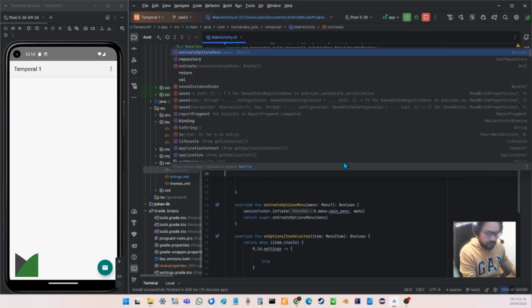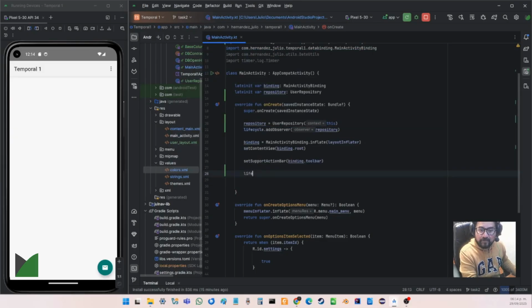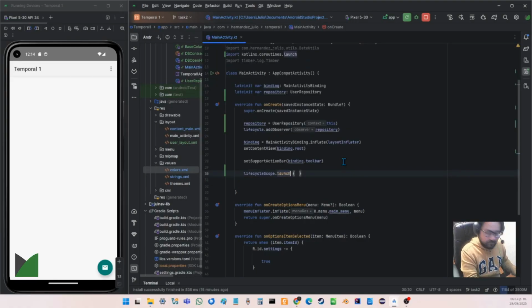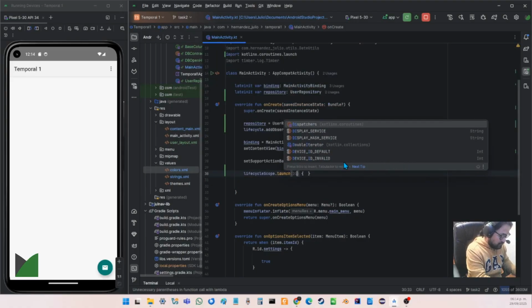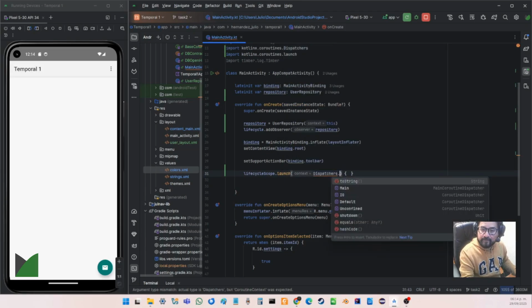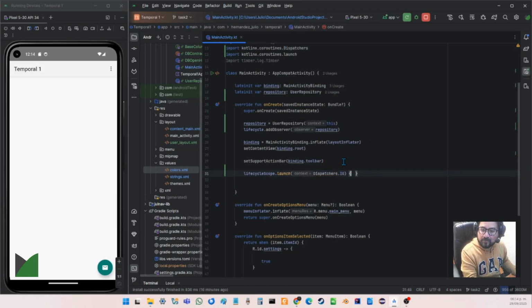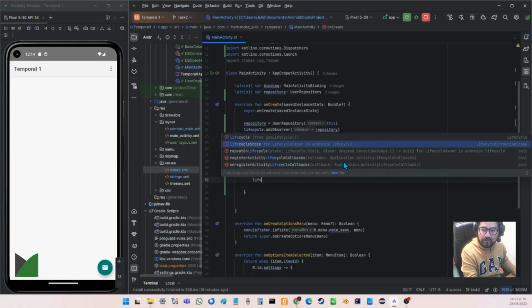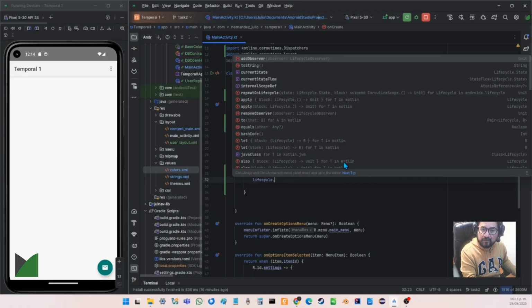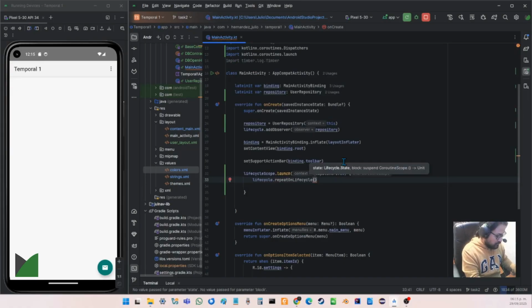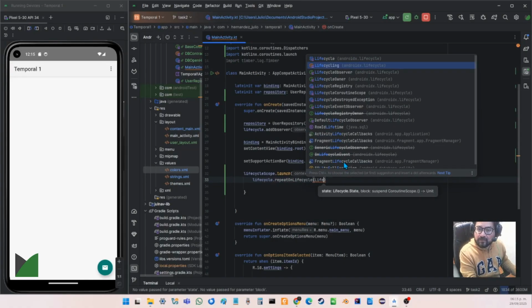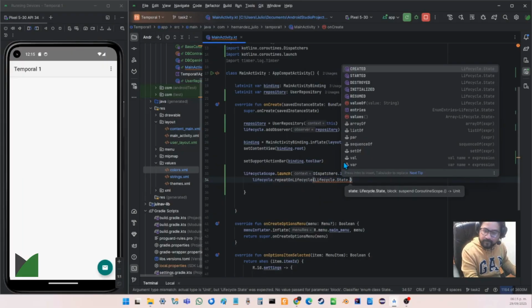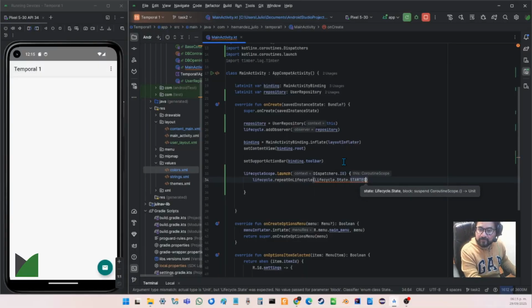I need the lifecycle scope dot launch, and I need to run this in another context, so dispatchers.io and lifecycle dot repeat on lifecycle and lifecycle dot state dot started,